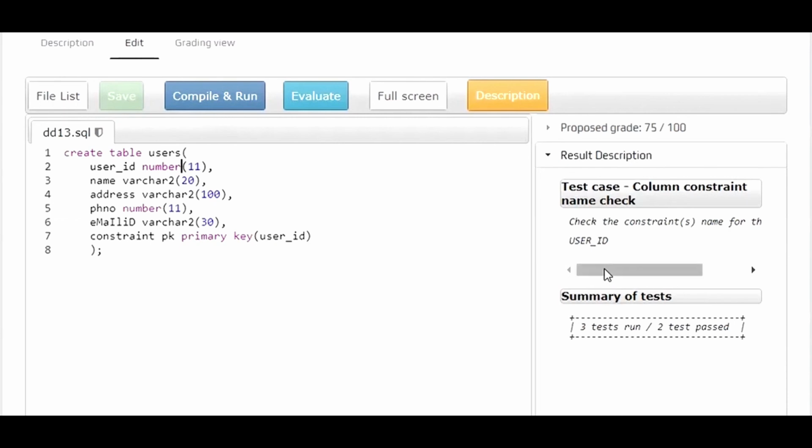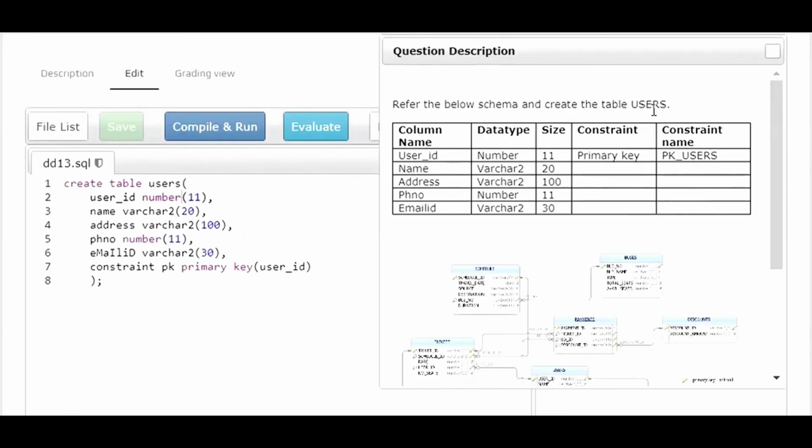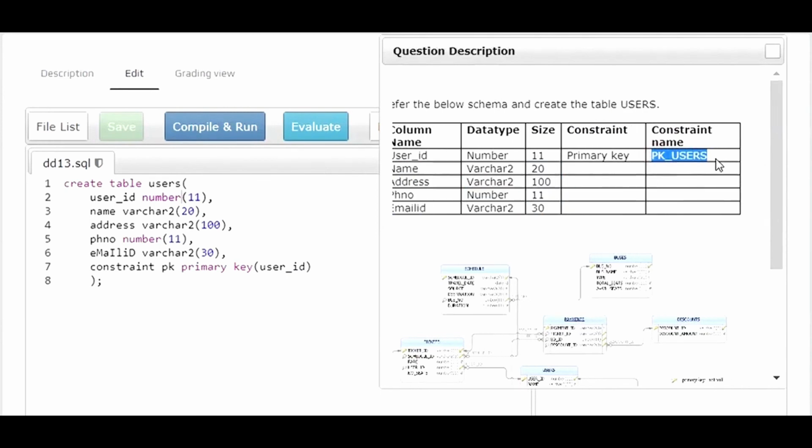But now if you look at the right end, it states that the constraint name for the column user ID is not proper. If we click back to the description, we are able to make out that the constraint name should have been pk_users, but here the constraint name that was given is pk alone.